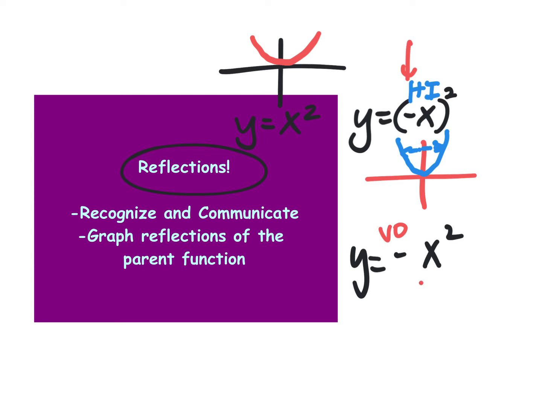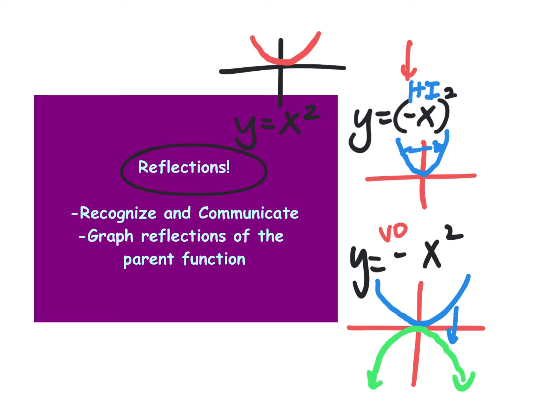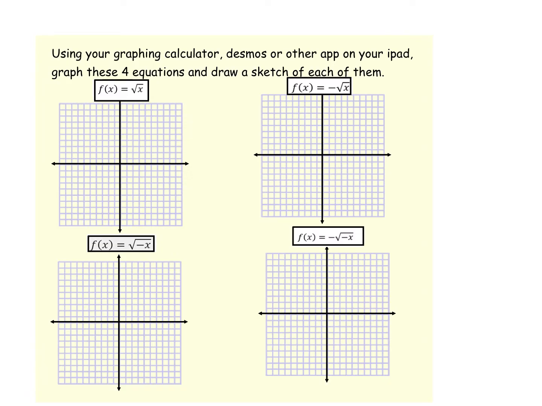Whereas if you take this kind of reflection and you do a vertical on the outside, vertical, I hope you know this means up and down. If I make it flip up and down, then my new parabola would look like that. Now that is a reflection. Okay, so there's the brief intro to some of the stuff you're supposed to remember and now what we're going to do with it. All right, everybody get to this page,